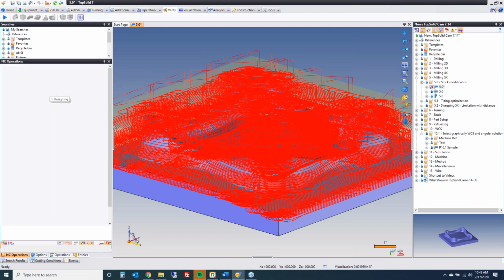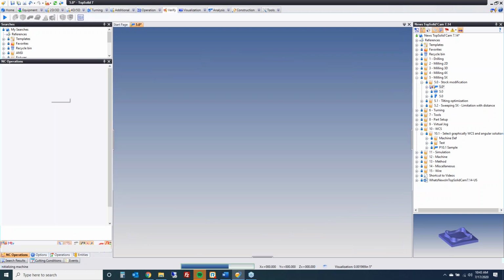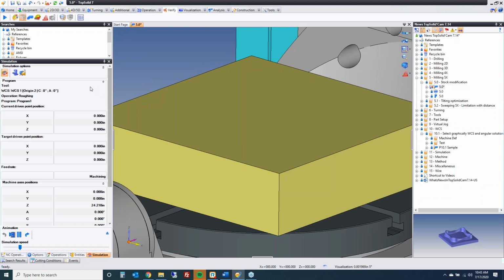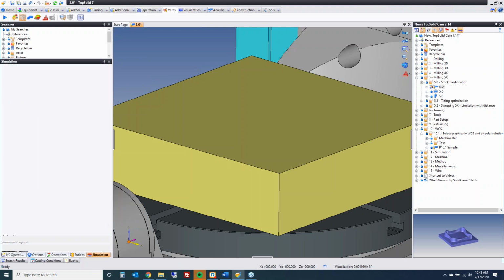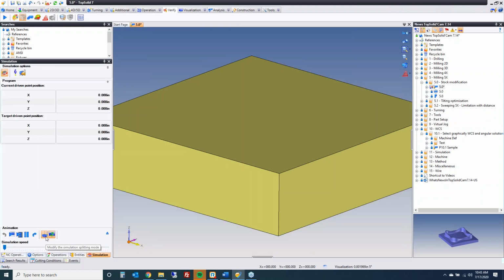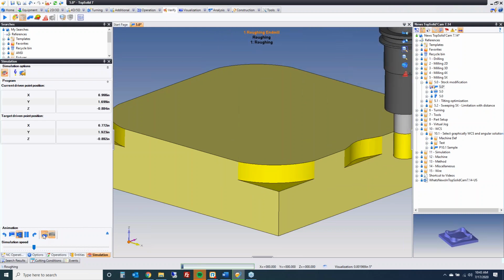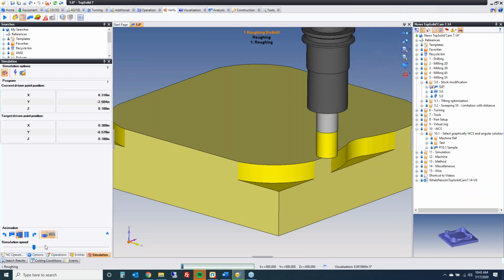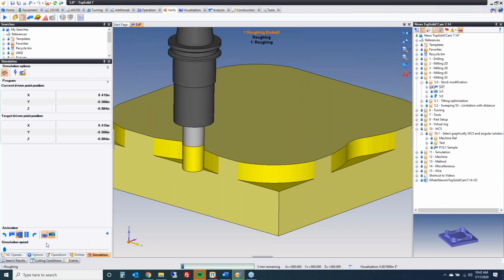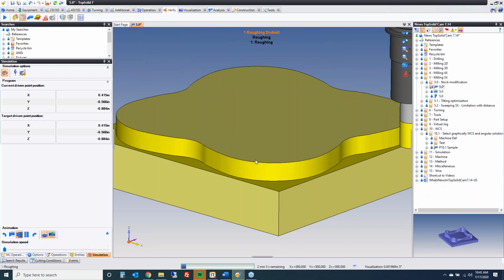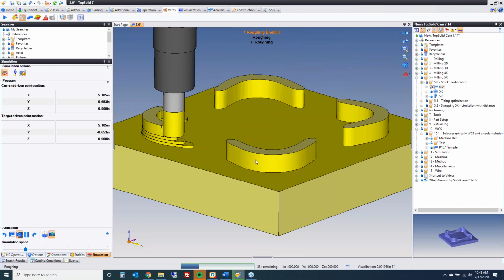Okay, so it's going to load it into verification. I believe I had machine simulation turned on, so I'm going to turn that off as well. And here I'm going to use an improvement made last year in Verify to make this animation a little bit faster. So you have two modes, remember, down here for animated. You have that mode, and then you click it again, and you have a higher speed mode, which I can even crank up and go faster with,